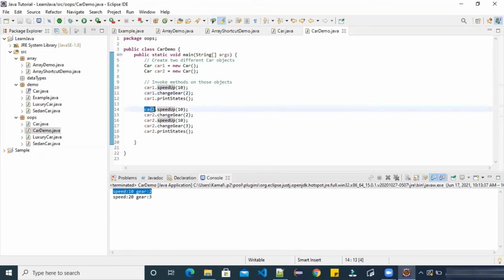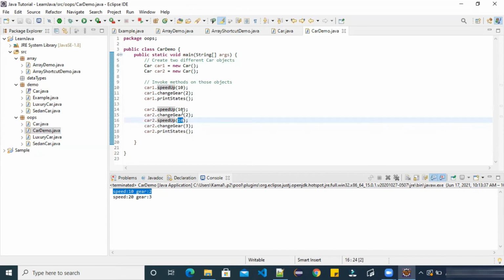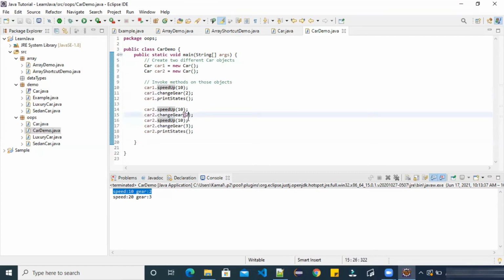Now car2, we speed up car2 by 10 and then change the gear to 2. We are testing it by speeding up again by 10 and changing the gear to 3. What should be the output? It should print speed as 20 because we have done it twice, and also the gear we have changed from 2 to 3.